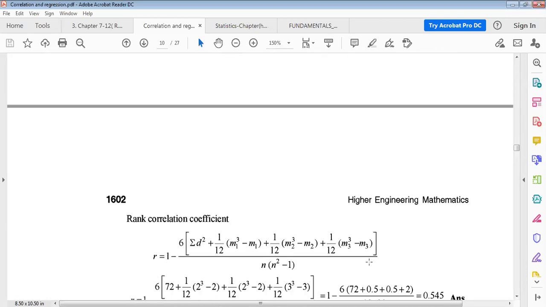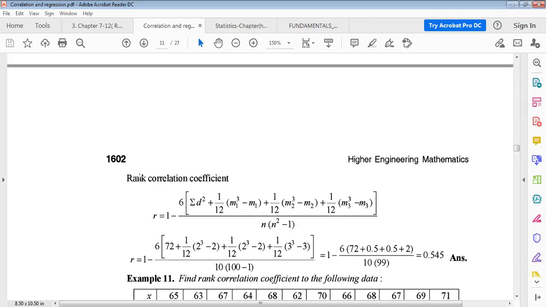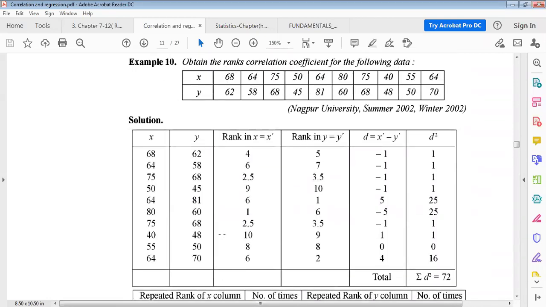Okay, now using Karl Pearson's rank correlation coefficient: R equals 1 minus 6 times the bracket of summation d square plus 1 by 12 (m1 cubed minus m1) plus 1 by 12 (m2 cubed minus m2) plus 1 by 12 (m3 cubed minus m3), divided by n(n square minus 1). Summation d square is given by taking the subtraction d, and squaring every one individually. We get summation d square equal to